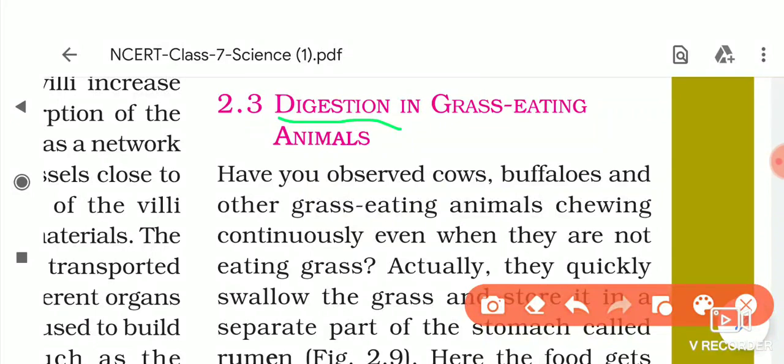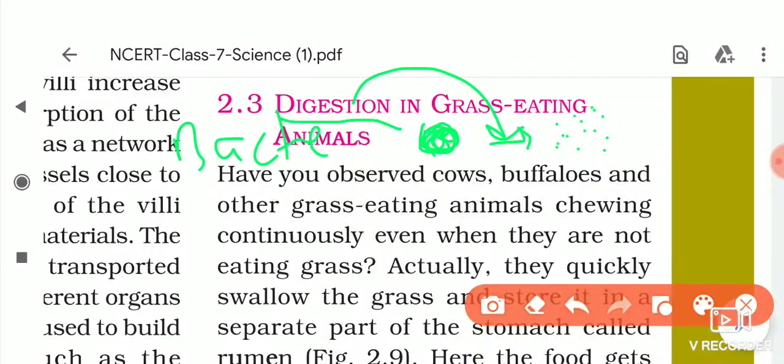For example, this is the complex substance, and when we break it into simpler form, this is called digestion. And the process of breaking complex substances into simpler form can be done with the help of some bacteria or some chemicals also. Now, have you observed cows, buffaloes, and other grass eating animals chewing continuously even when they